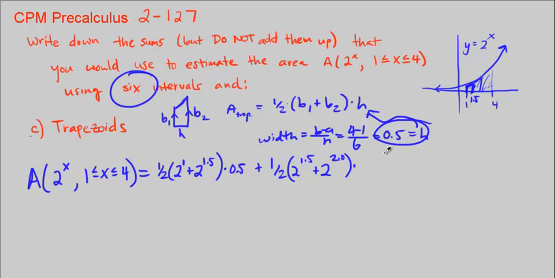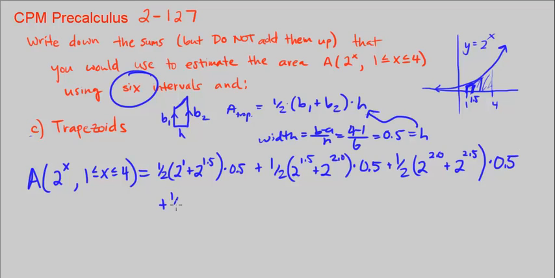The height we know is 0.5, plus the next trapezoid starts off with this same base, 2 to the 2.0. The distance of 0.5 makes this 2 to the 2.5 times the height is 0.5. That's the third trapezoid. The fourth one again starts here. It shares that base, 2 to the 2.5, plus the next base is going to be 0.5 away,